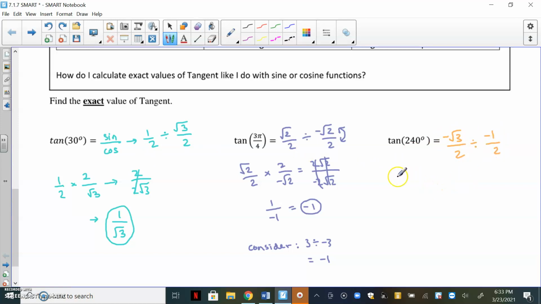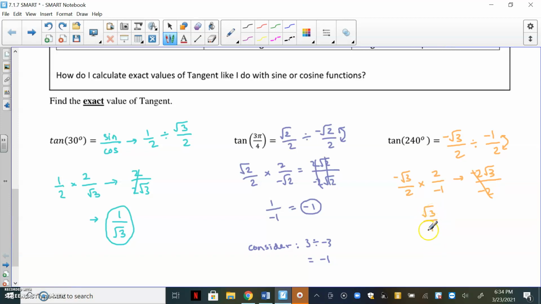So same exact process. Keep the first fraction the same. Change division to multiplication, and then flip the second fraction. So negative 1/2 will turn into 2 over negative 1. So now let's go ahead and simplify. Negative root 3 times 2 is just negative 2 root 3. You could just squish those together. 2 times negative 1 is negative 2. So those negative 2's cancel, and since the root 3 is on top, I do end up with just an answer of root 3. Now there is a 1 placeholder at the bottom, but the nice thing is